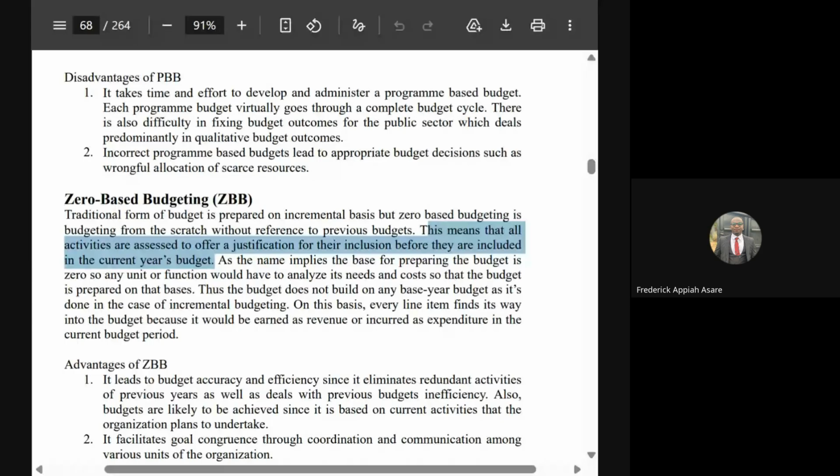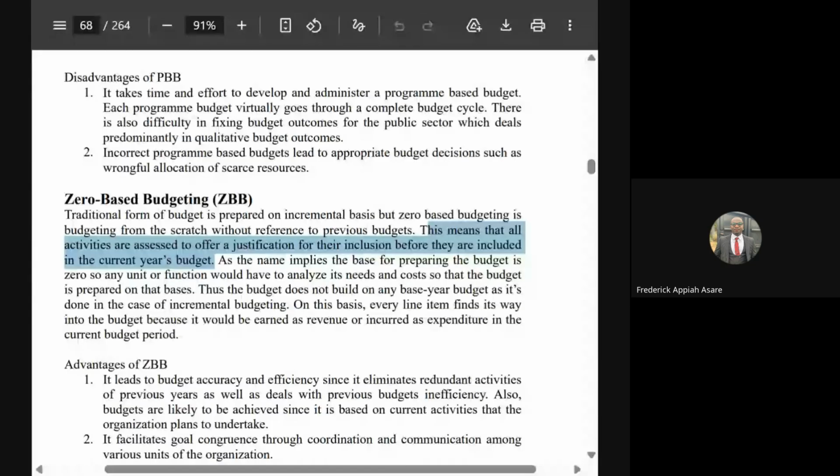Maybe last year we paid employees 50,000. So this year there is a possibility that it will increase. So let's assume an increment of 10%. They will add it. No. With zero base, you start afresh. How many employees do we have? 10. And if we have 10 employees this year, we are going to pay them this amount. Just multiply it and put the figure there. So you start from scratch.